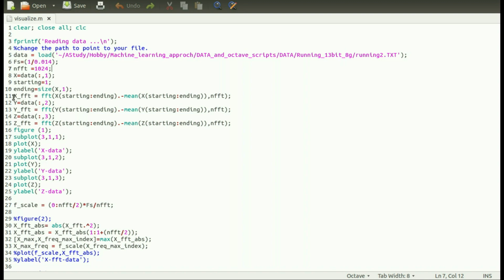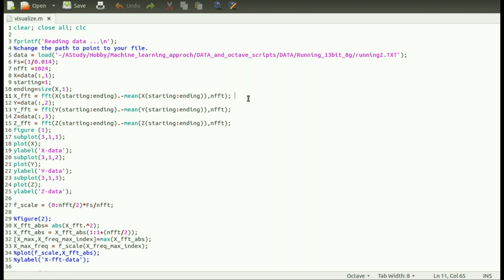And here I am computing the FFT of the x-axis data, and I'm subtracting the mean of that waveform. This is just to get rid of the component at 0 hertz. The FFT will compute a kind of spectrum, and in the spectrum at 0 hertz all the DC components will show up.